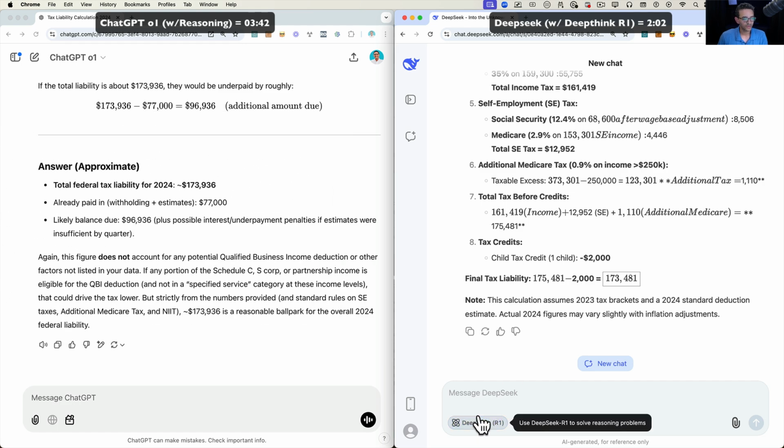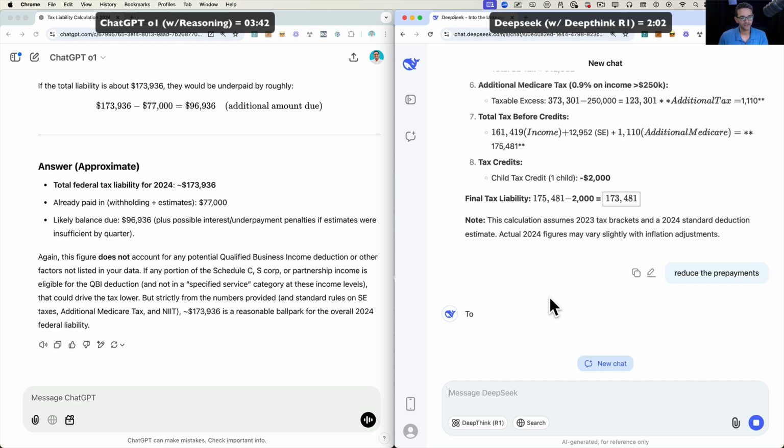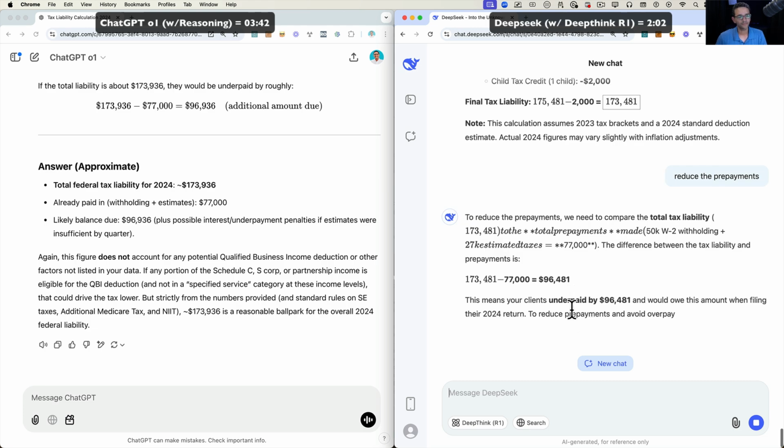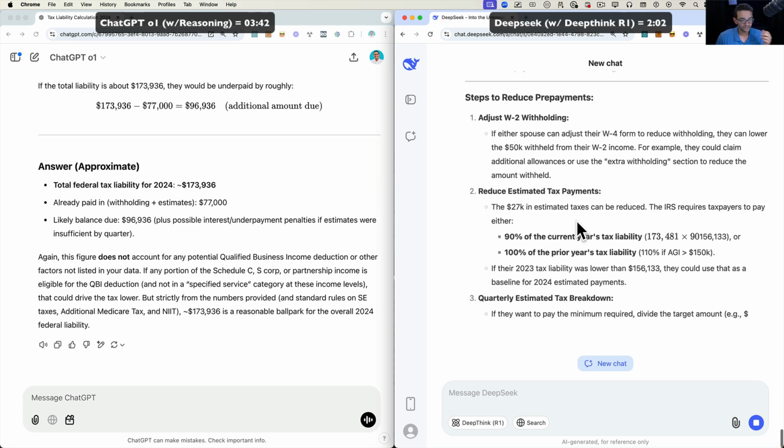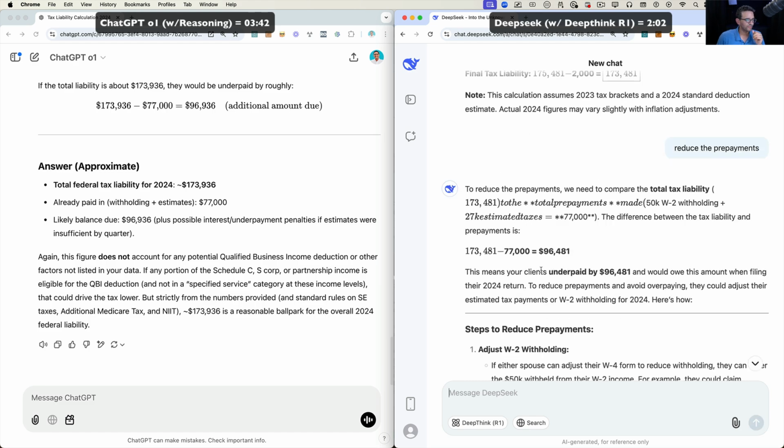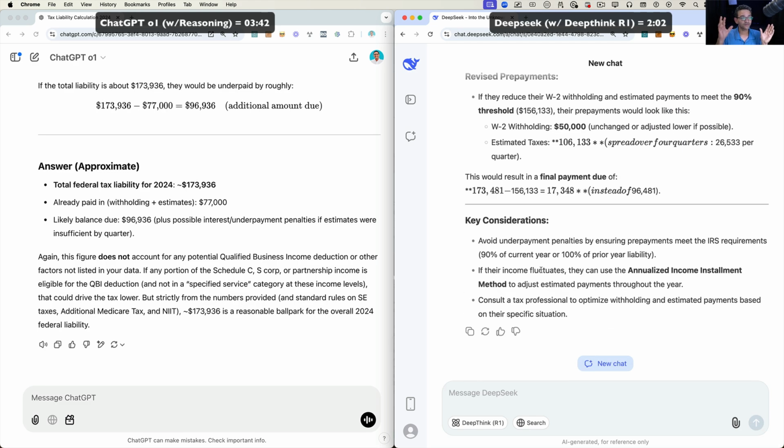I think with this one, we can just ask it to reduce the prepayment. So it would just be sort of one last step to tell it to reduce the prepayments. It could do that. That's probably the easiest math that it could ever do. And it shouldn't do that much deep reasoning. It should just do that. So I think at least from an accuracy perspective, with such a complex question that has a lot of moving parts, like tax. Tax has a lot of moving parts. They both seem to perform about the same.